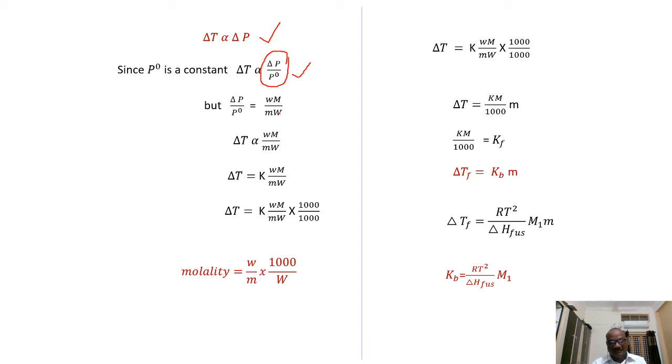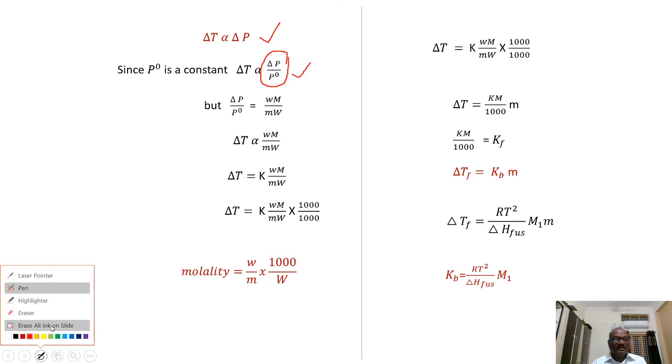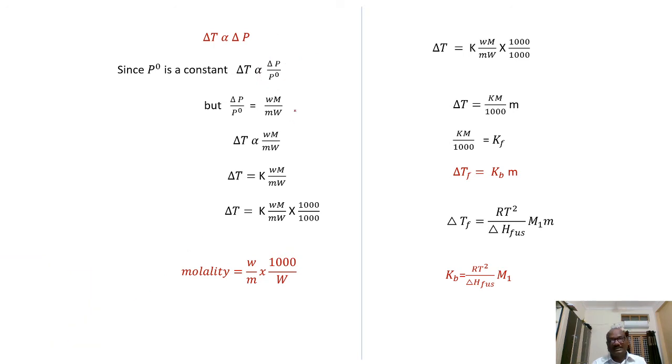What is the mole fraction of solute? It is X2. X2 can be written in terms of number of moles as N2 divided by N1 plus N2. But in the case of very dilute solutions, N2 in the denominator can be neglected compared to N1, because the amount of solute is very small compared to the amount of solvent. So only the term N2 divided by N1 remains.